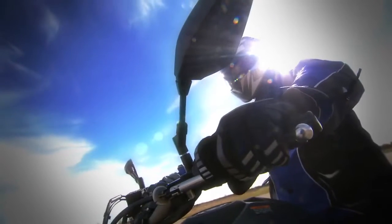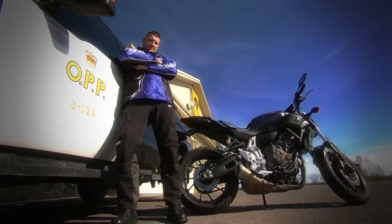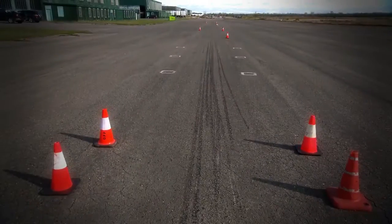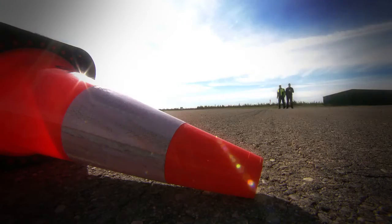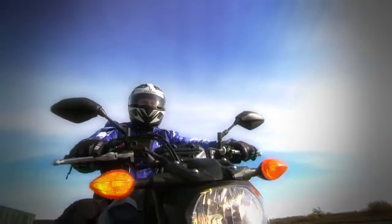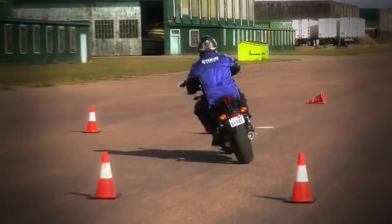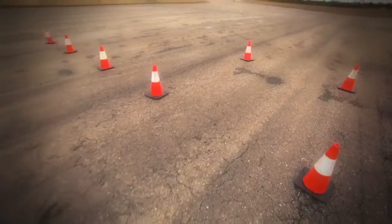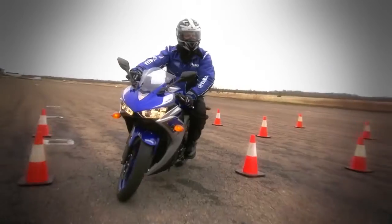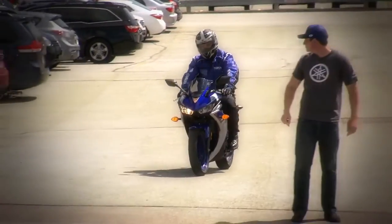Recently, we've been working on improving the riding skills of Anthony Mann by putting him through a series of motorcycle riding skills exercises designed by Matt Fletcher at Yamaha Motor Canada. Matt had hoped this friendly little challenge would show us all how we can become better riders when we practice our sport. All you need is some open pavement like an empty parking lot and a couple of makeshift cones or pylons. Now, after completing several slow-speed challenges, Matt wants to demonstrate how all that practice pays off in the